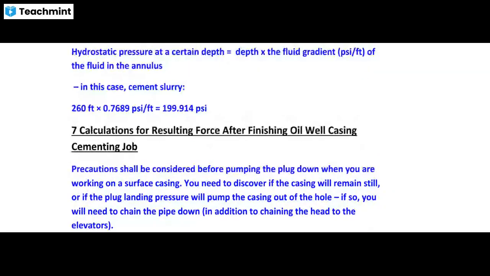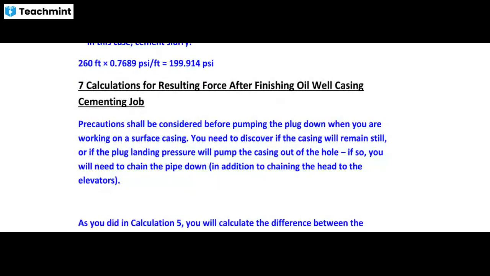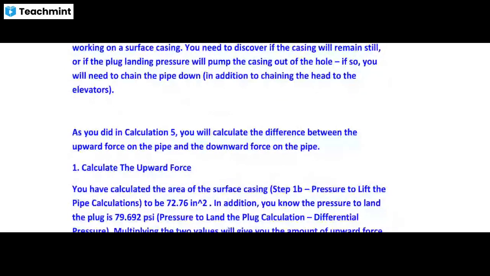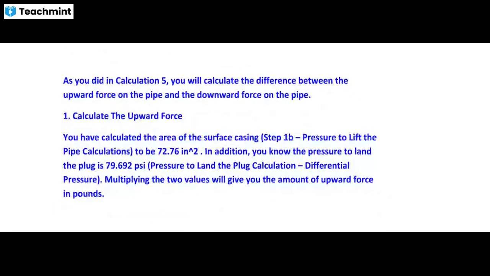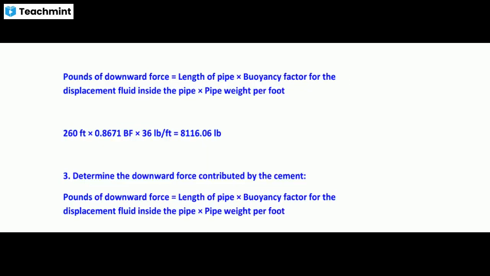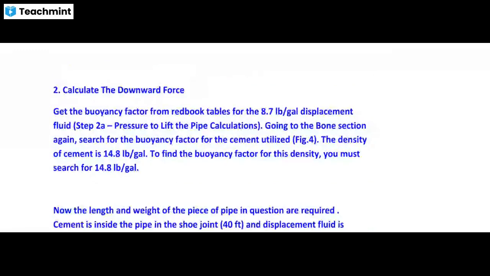Now, finally, number 7, you have to calculate the resulting force after finishing the oil well casing cementing. I have to calculate 2 points, starting with the upward force. You have already calculated the area of surface casing. In addition to this, you know the pressure to land the plug, that is 79.692, minus the differential pressure. Multiplying these two values gives the upward force in pounds. So you will see here,